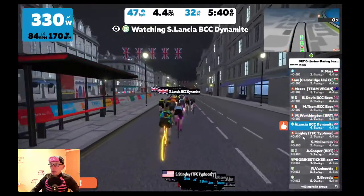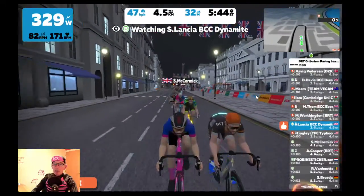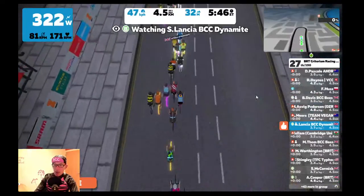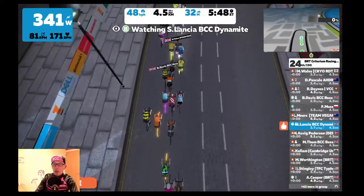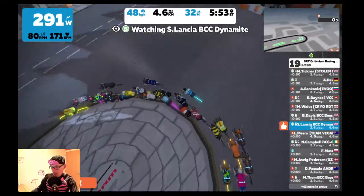Lancia still all showing on the same time in this group. Have a quick look behind Lancia, see what's going on, and if we can get an aerial shot. Well, it is beginning to stretch out a little bit. Last week Lancia managed to beat